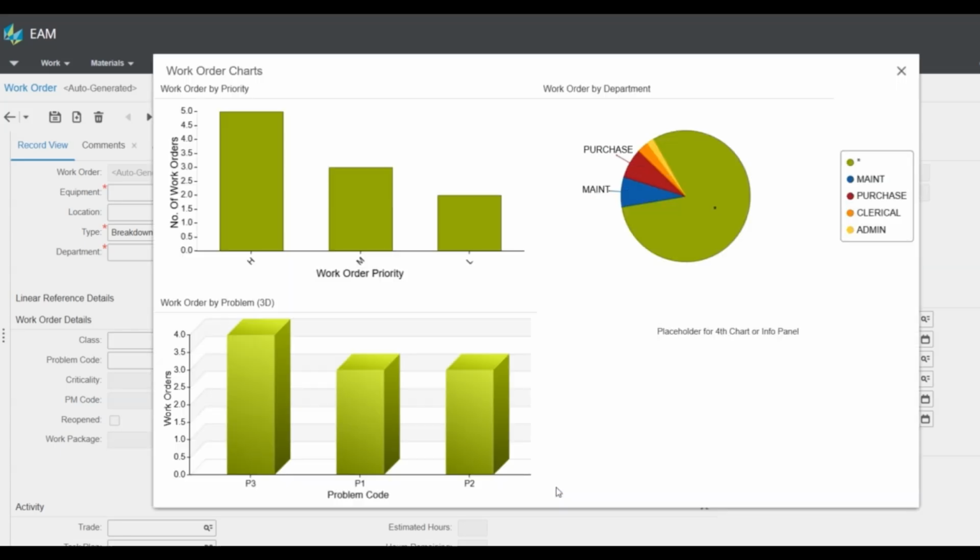In the top row, there's a bar chart showing work orders by priority and a pie chart breaking down work orders by department. These help supervisors instantly spot workload distribution and resource allocation. On the bottom row, we've added a 3D bar chart that visualizes work orders by problem code, perfect for identifying recurring maintenance issues. There's also a flexible space for a 4th chart or additional info, which can be customized based